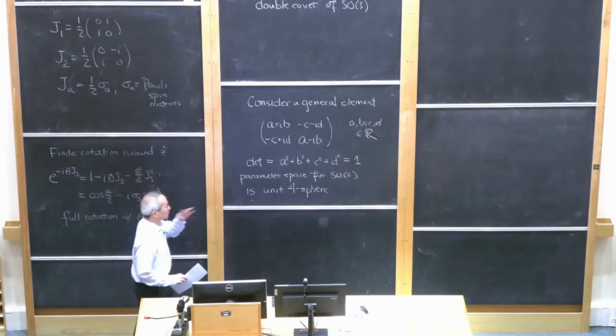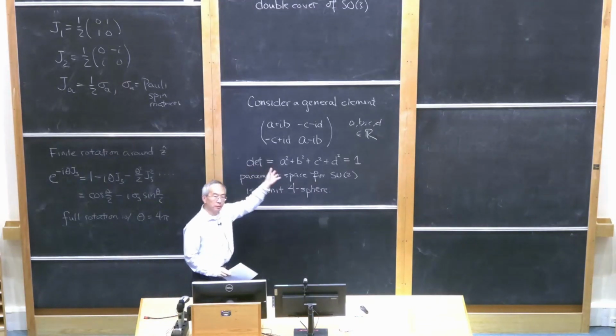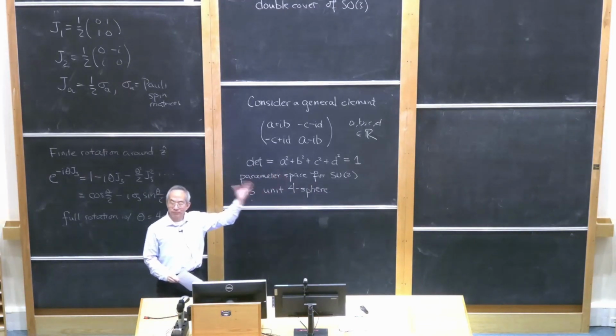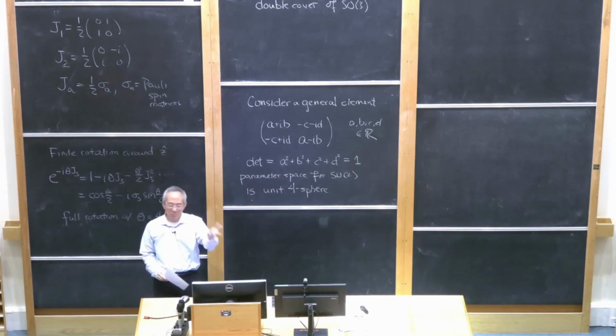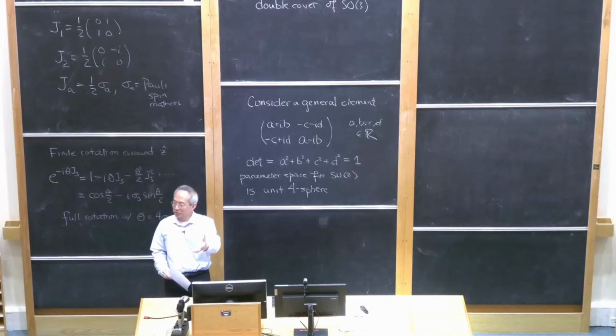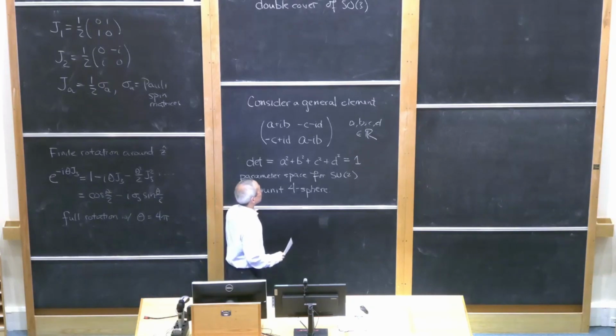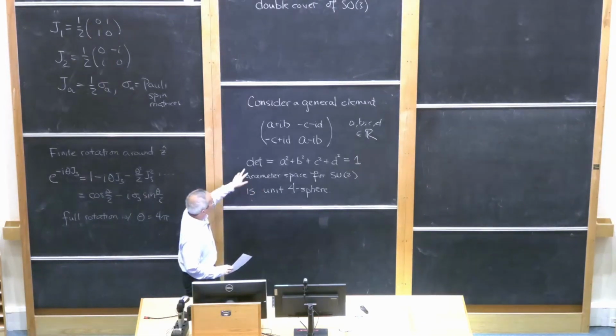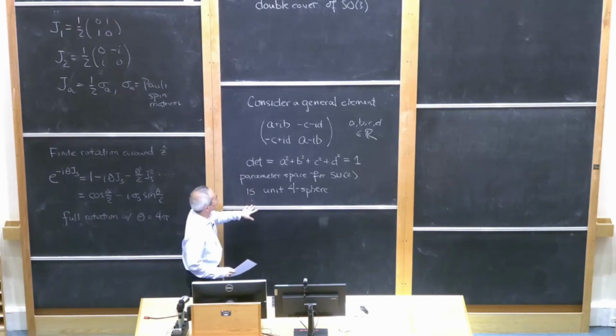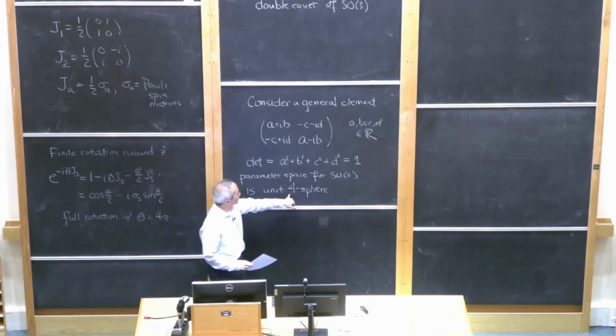Now, I know it's a little bit hard to imagine a 4-dimensional sphere. Just imagine a 3-dimensional sphere and just think that there's another dimension there. But the thing that's sort of important about visualizing that is that on this unit